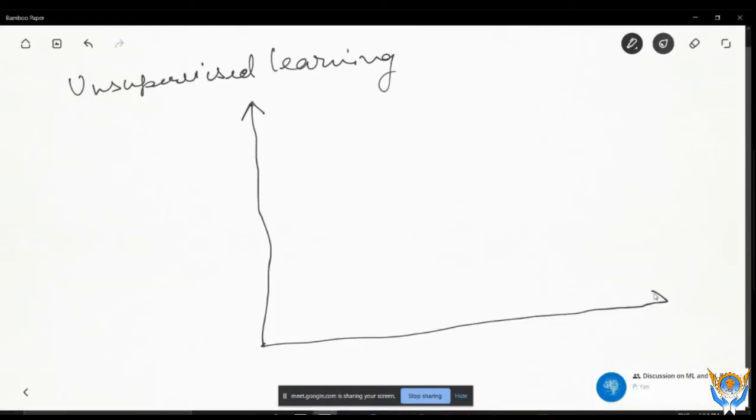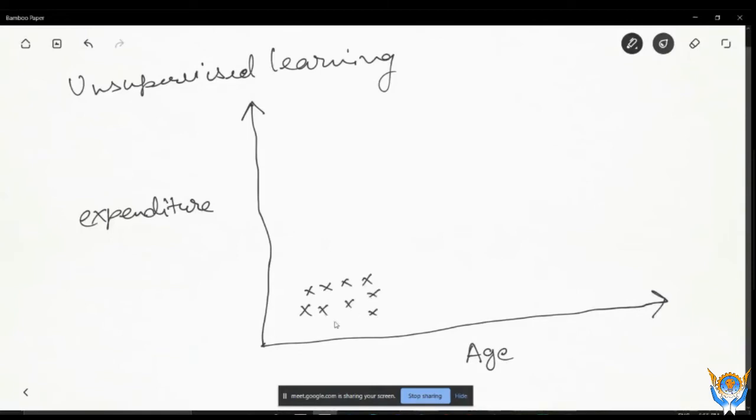Suppose this is a kind of graph, and suppose on the x-axis there is age, and on the y-axis there is expenditure. Now you don't have any label data. Suppose there are some people whose age is less, and their expenditure is also less.